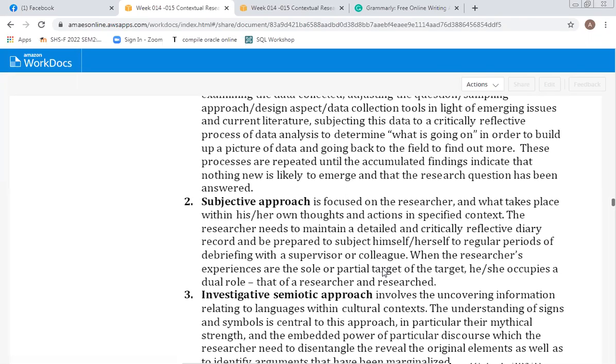Okay, for the subjective approach, you need a diary. You need to write there day by day, hour by hour, what you did in order to accomplish the research. Okay? Ilan sa inyo ang nakapag-experience ng gumawa ng diary? Ilan na ang naka-experience? Mag-type nga sa chat kung sino na ang nakaranas mag-diary dito.